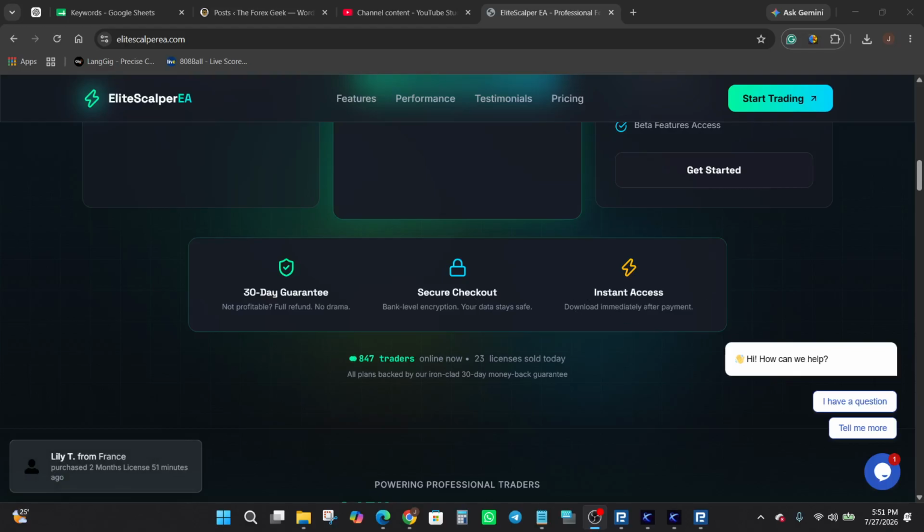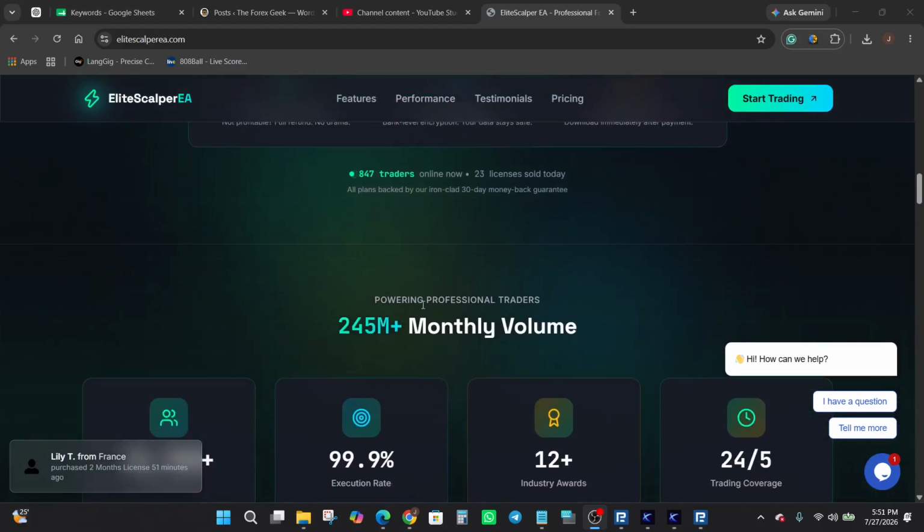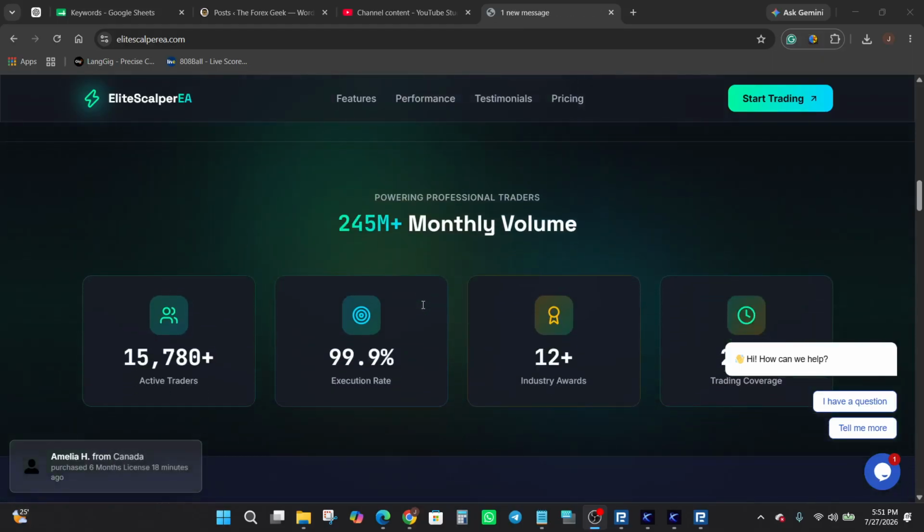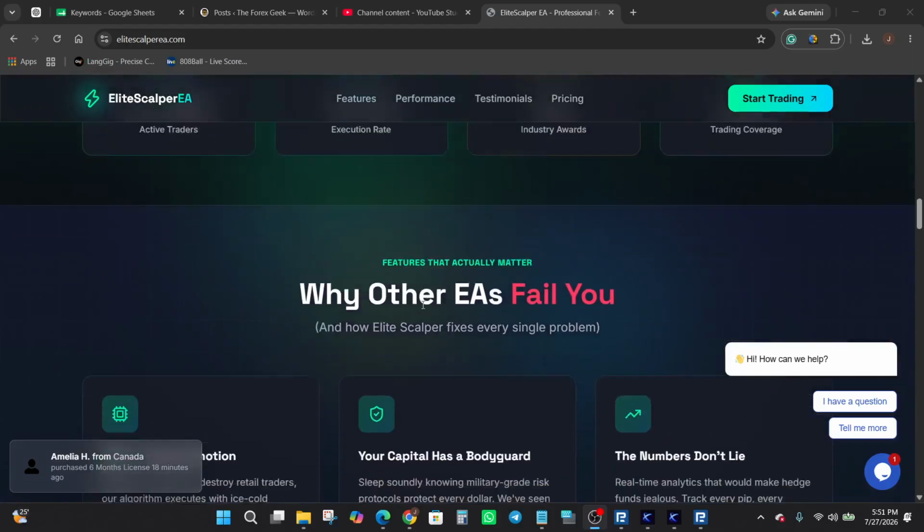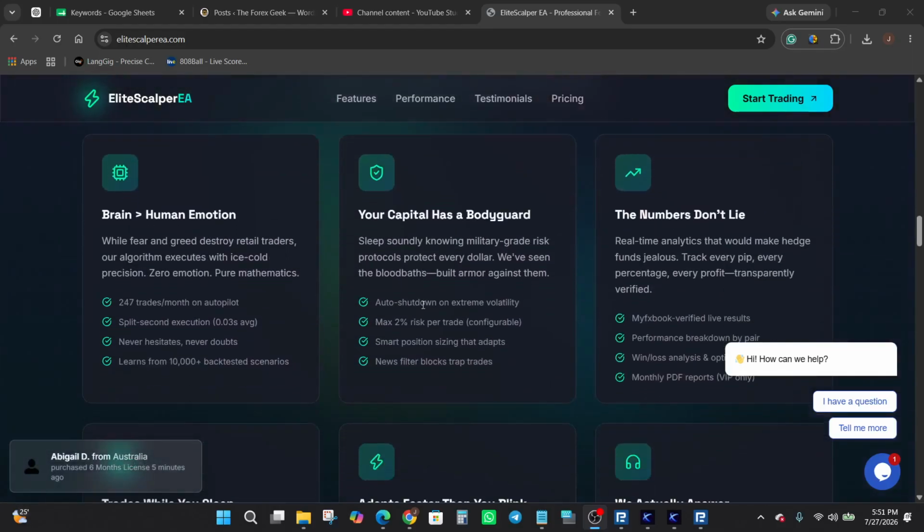Now let us look at the feature section. Rather than simply listing features, the developer explains what each one is intended to achieve. All right, so the first point is automated execution. The website emphasizes that the EA removes emotional decision making by executing trades automatically. Now, from a trader's perspective, automation can help maintain consistency because when that emotional human factor is out of the picture,